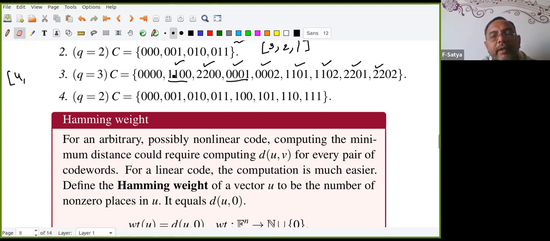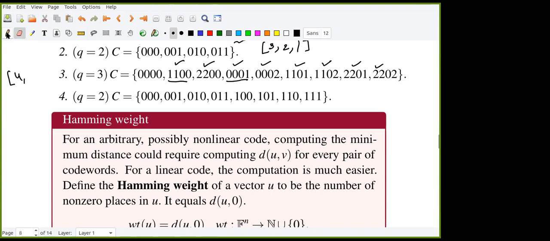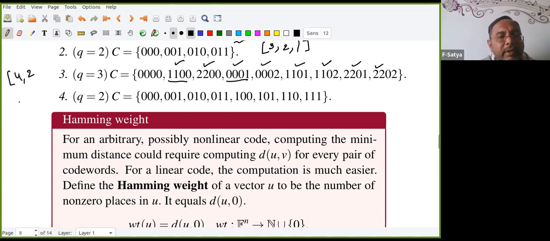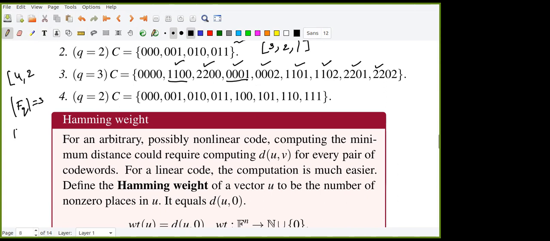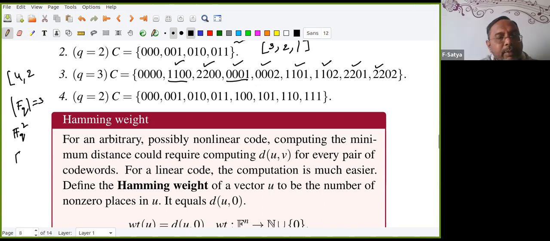There are 2 basis vectors, right? Yes, sir, 2. We're getting everything. See, one more thing is that your F_q is ternary, so its cardinality is equal to 3, right? Every subspace is either F2 power 2 or F2 power 3, things like this, F_q power 4 like that. So then it is 3 square, so dimension is 2. Dimension is 2 for 9 vectors, 3 power k. Yes, 2.